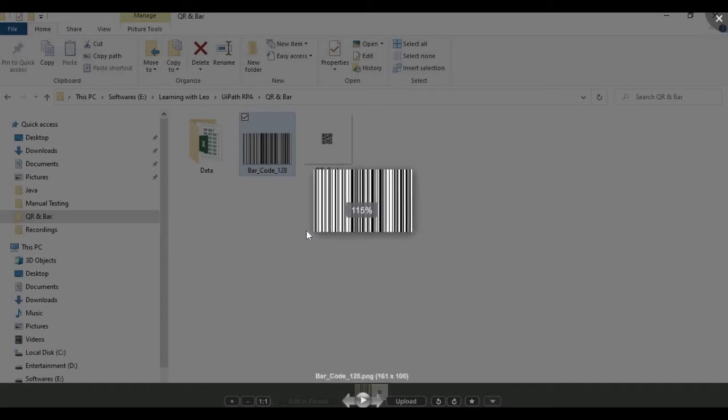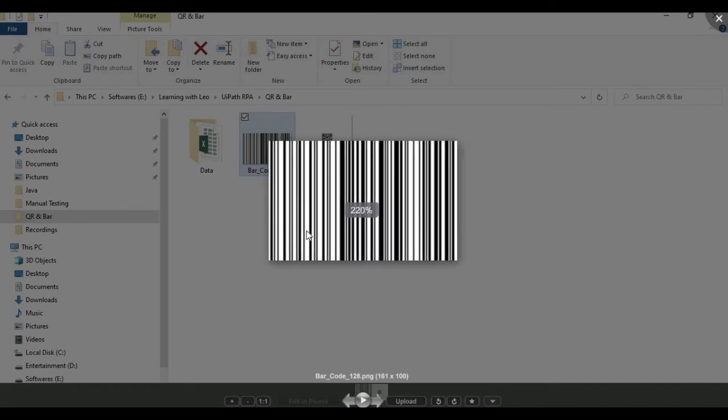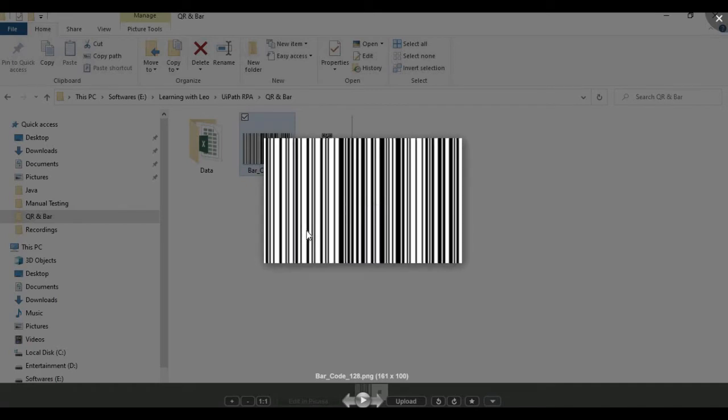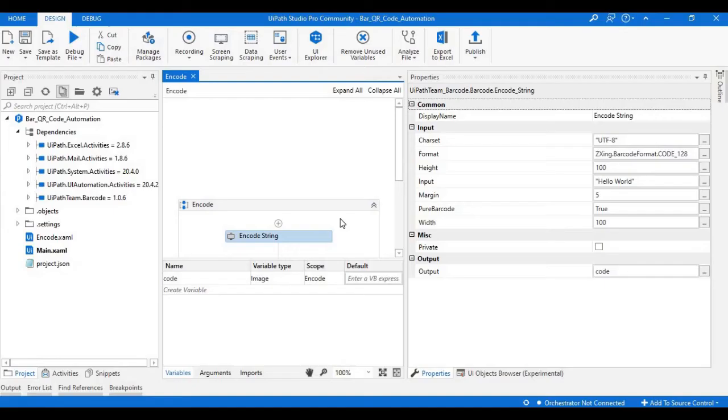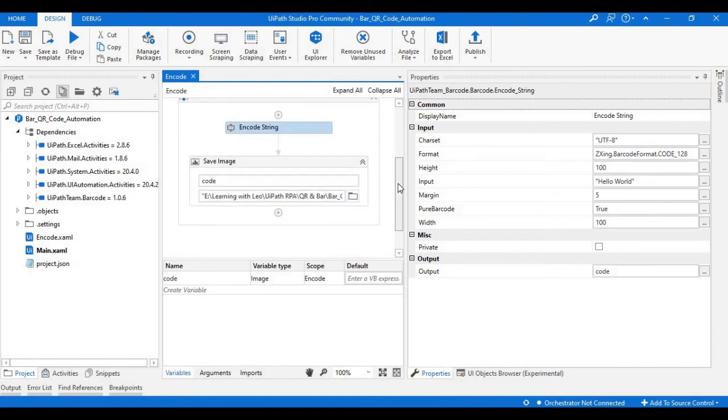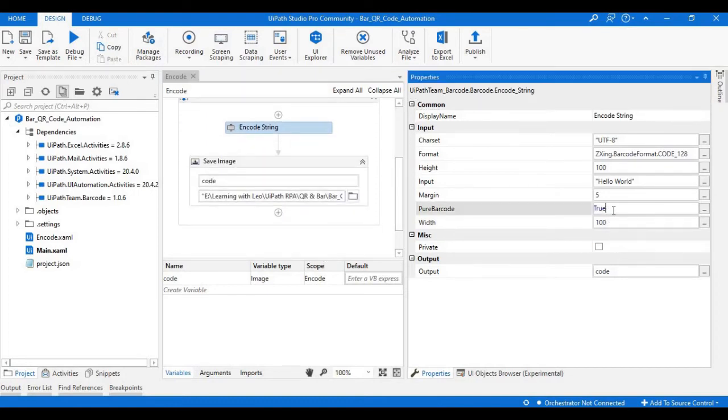If you observe in any products, some products have the barcodes along with some data below it, like 1 2 3 4 or some product codes. To achieve that, we should make this as false. Okay, so I'll show you that as well. There we can see the barcode with the statement hello world. Okay, no need of codes, just make it as false.